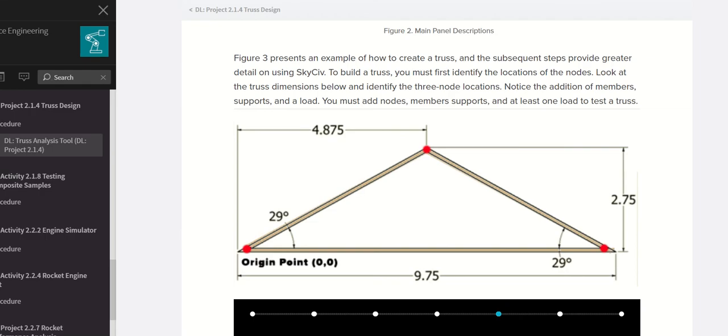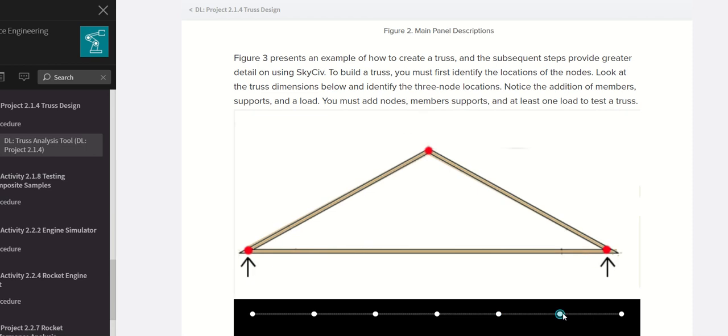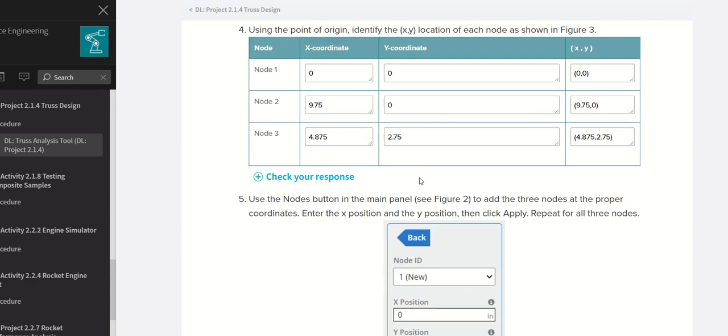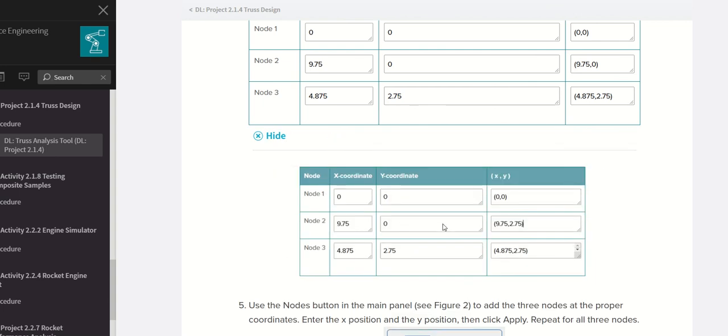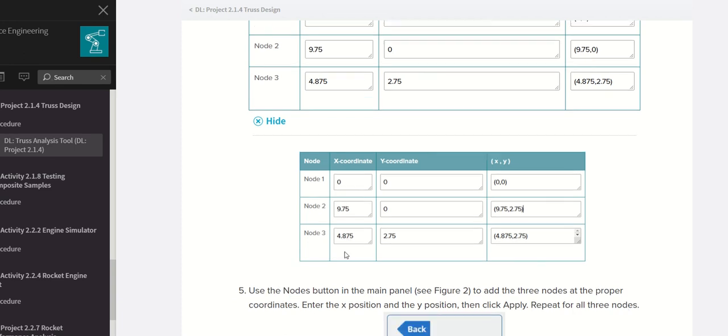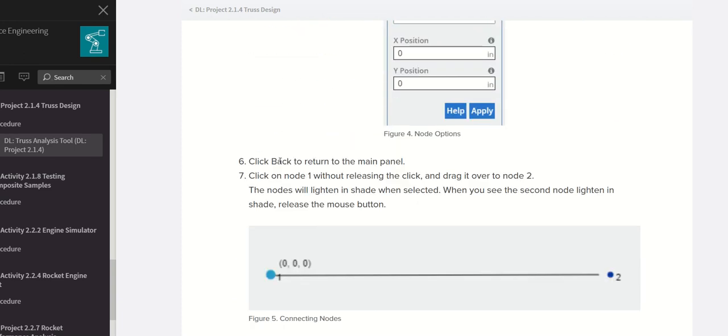I'm going to go back to the instructions, and yes, they look like that. Now I need to apply the force, right? These are the screenshots of whatever I just did. If you click here, this is basically what I have here. I already added the members.